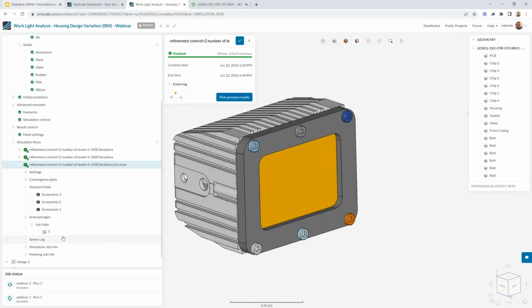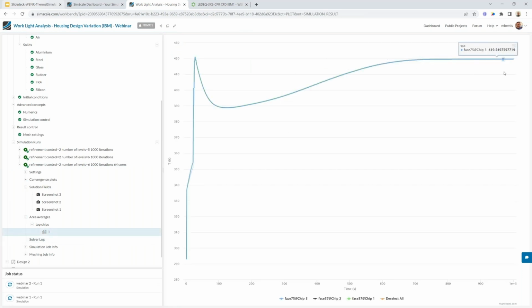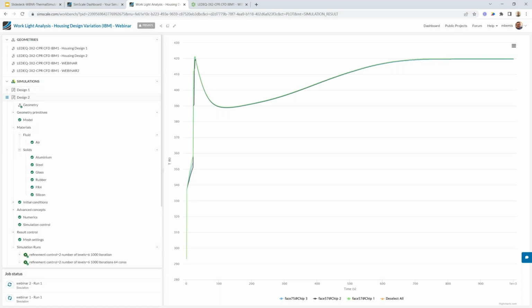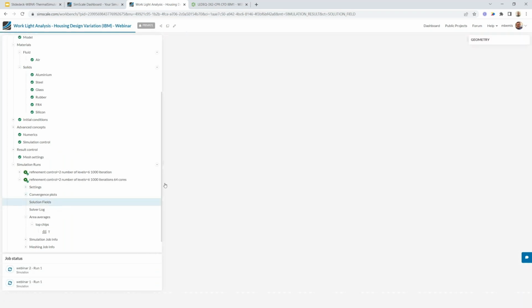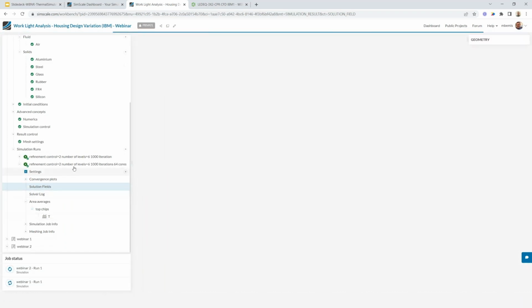And so looking at the same area averages, we can see I'm up to almost 420 degrees Kelvin. So that's about 147 Celsius or so. As really expected, thinning up that back wall of the heatsink, the base plate, really allows a dramatic temperature drop here. Ultimately, even with aluminum being a pretty conductive material, the wall thickness was just way too thick and was keeping heat in. So now that we have some insights, let's go ahead and jump into the results and solution field